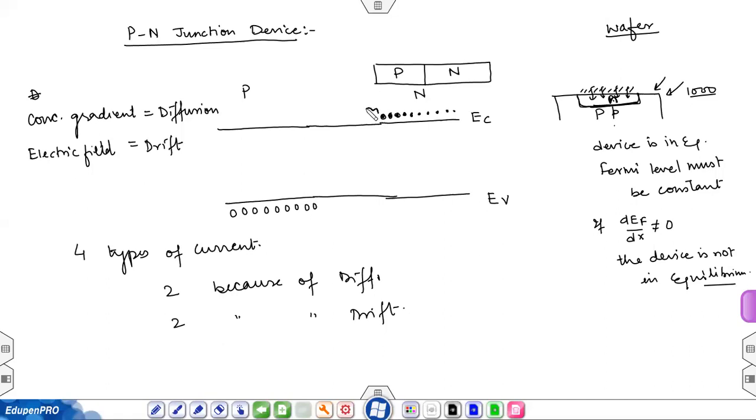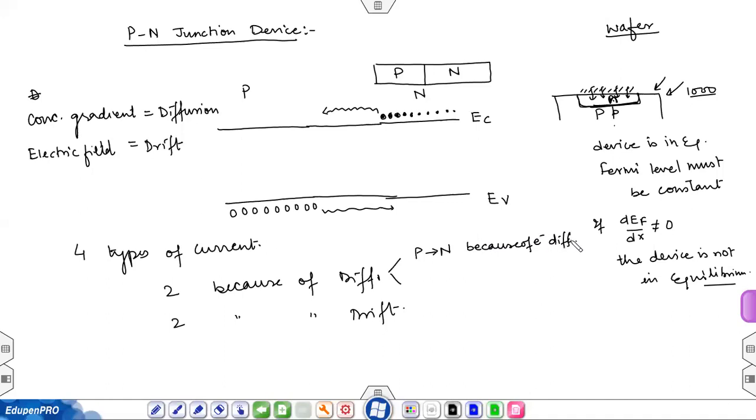the electron starts moving from conduction band of n side to the p side because of the concentration gradient, and hole starts moving from p side to n side. Okay, no problem. So as soon as the electron moves from n to p, this phenomenon is diffusion. Diffusion because of electron. What will be the current direction due to electron diffusion? Opposite to that of movement of electron. P to n. P to n. Yes, sir. Because of, यहाँ पे लिख भी लेते हैं, because of electron diffusion.